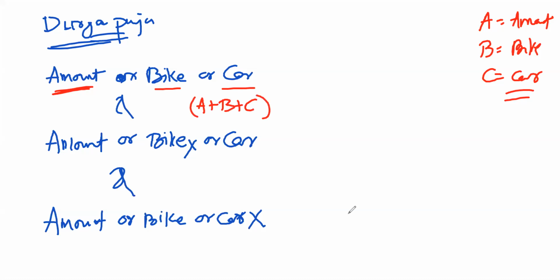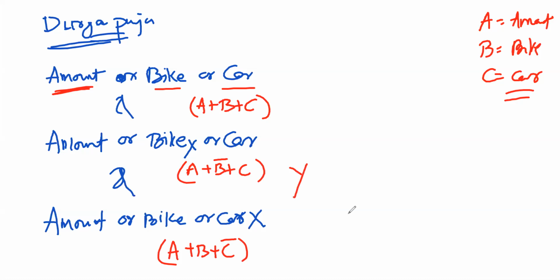For the second one: A plus B bar plus C, that is, A or B complement or C. For the third one: A plus B plus C bar. And give an expression to it. Y will be